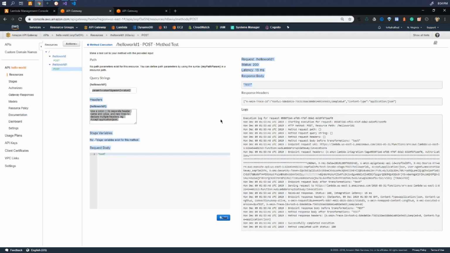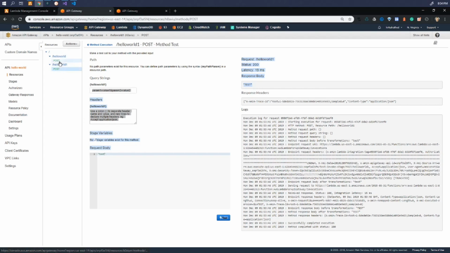If they happen to know what calls and what parameters your API calls are accepting, they can pass on malicious requests, or they can just fetch your data from your system. So we want to have some kind of security authentication assigned to